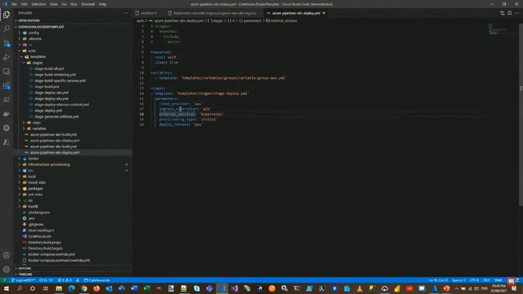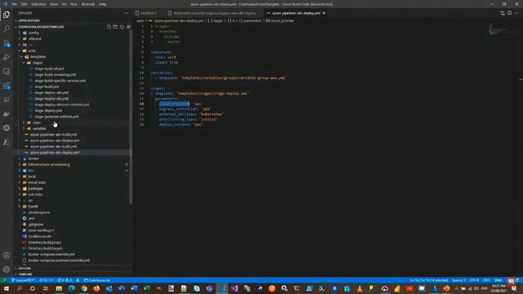I have what type of Ingress controller I want to provision. So I added some if statements on the templates to say, okay, if it's an ALB, then the task that will be loaded on the stage is the one for ALB, but I could also have nginx. I also set the cloud provider if I want to have AWS or